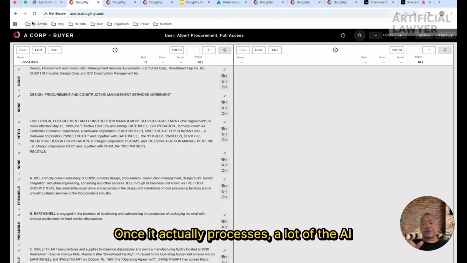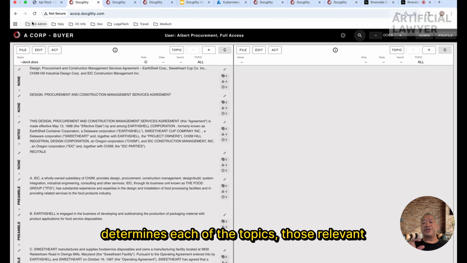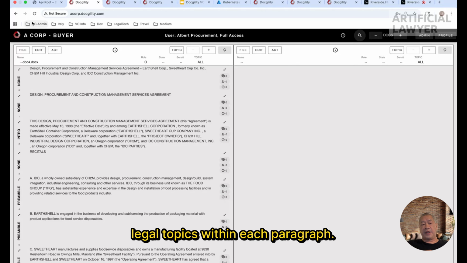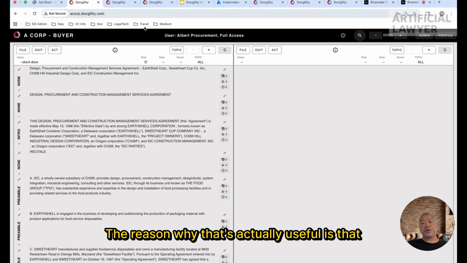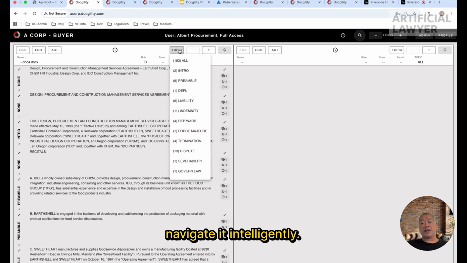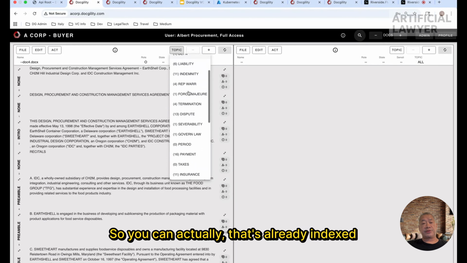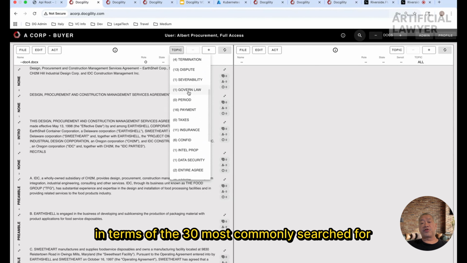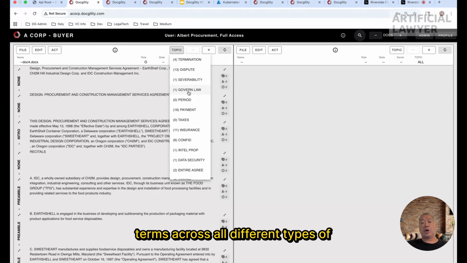Once it processes, a lot of the AI that we have built internally goes through each paragraph and determines the relevant legal topics within each paragraph. The reason that's useful is that once you get the contract within Docgility, you can navigate it intelligently. It's already indexed in terms of the 30 most commonly searched-for terms across all different